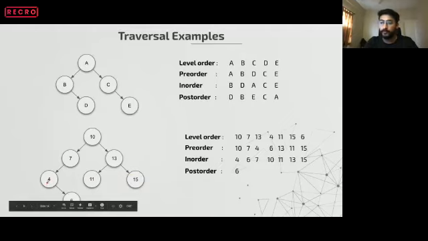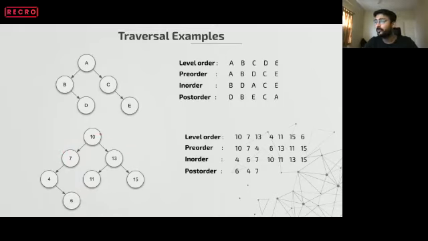Now for 4, left and right child is done. Let's go to 4. We can process 4. Now go back to 7. Its left is done. There's no right of it. So we can process 7 right now. Correct. Now go back to 10. So for 10, left child is done, but right child is not yet done. So we go back to right.